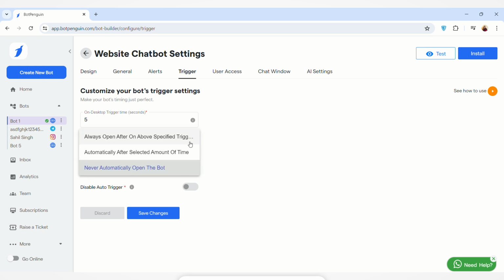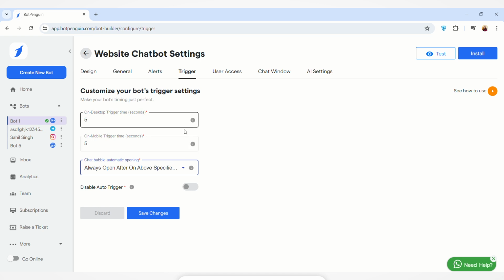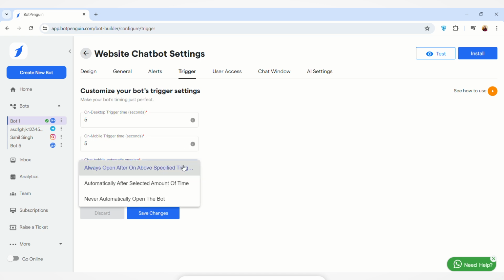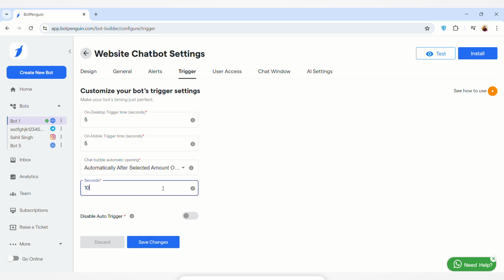Here we have three options. You can select any of them. The first option is always open after on above specified triggers. That means once any user closes the chat window, the chat bubble will automatically open after the time that is selected above. The second option is automatically after selected amount of time. Here you can select